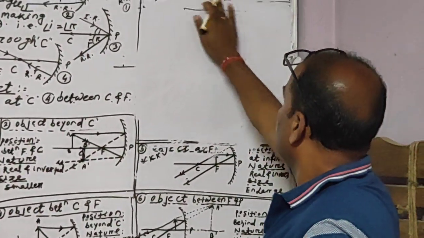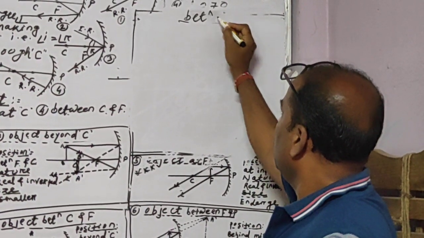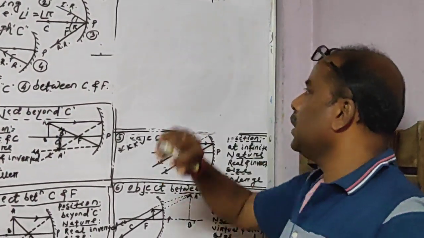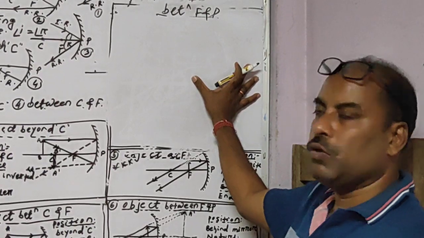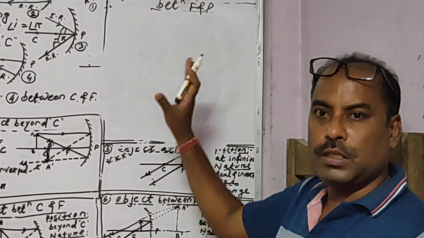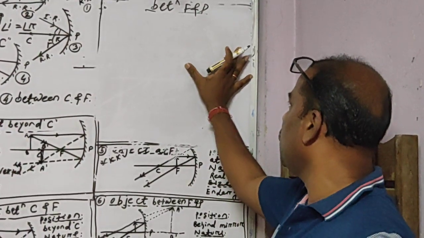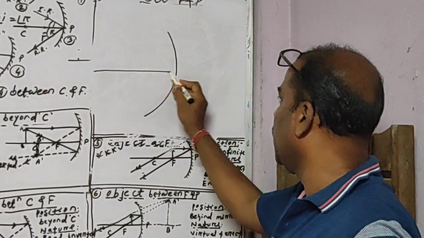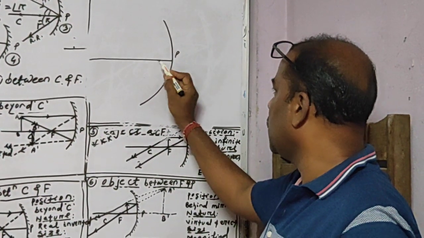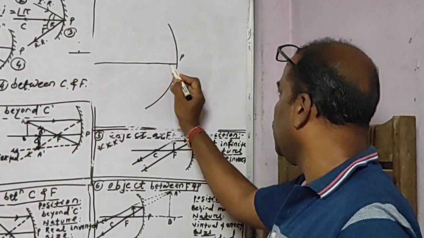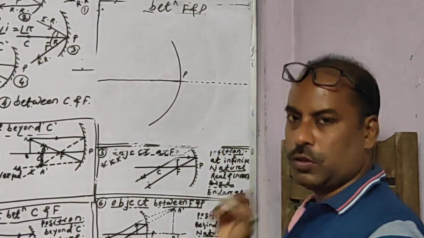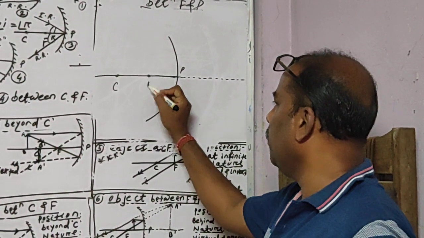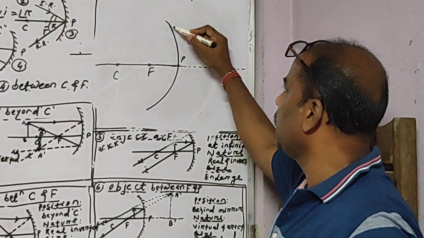So between F and P. Suppose we have to draw the mirror. So for this case, what we have to do? On the right side some space we have to leave on the paper, because the image will be formed on the right side. So leaving some space on the right side, I am drawing the mirror here. This is the suppose principal axis. This is the P. And in this case, what we have to do? This line we should produce with dot line backside also, because our image will form backside. Now, suppose this is the C, this is the F, and this is the P. I have shaded it.